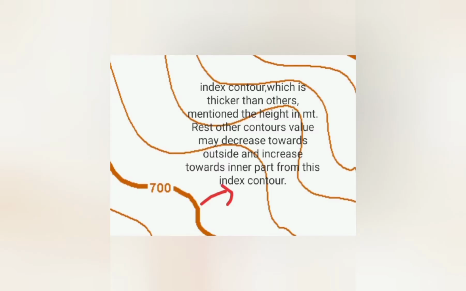But if we write every contour value, it will look very clumsy. So after 4 intervals, at every fifth contour, the value is written, and the value is always in meters. Okay students, so that is the index. You can see here some contours are given, but only on one is the value 700 written. This thicker contour is known as the index contour. Out of all the contours, the thicker one with the value mentioned